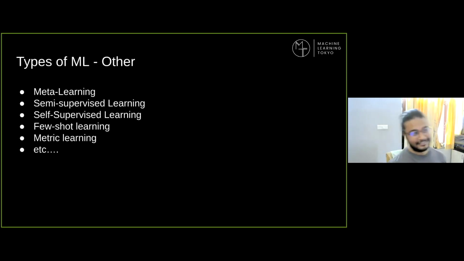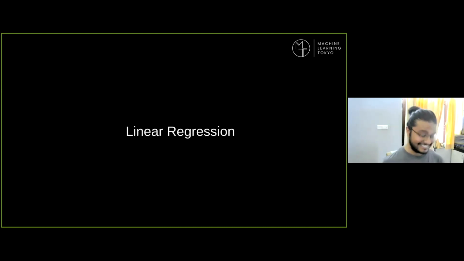There are other types of machine learning subsections as well, right? One of them is meta learning, metric learning, few-shot learning, self-supervised learning, contrastive learning, continual learning, and the list goes on and on and on. With that brief introduction, the 10,000-foot view of what machine learning is and what its subsections are,